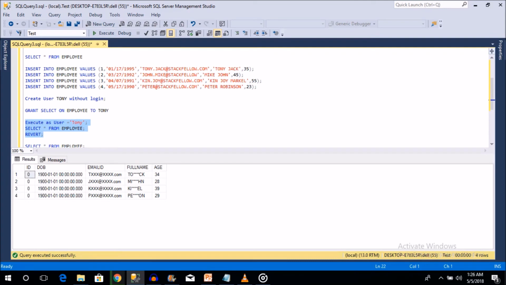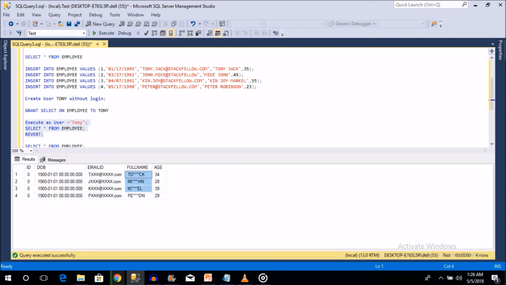Now you will see all the IDs are showing as 0 because we applied the default mask function over ID. For date of birth, it is giving us 1900-01-01, the default date of your system. For the email ID, it is giving just the first character, and the rest is masked.